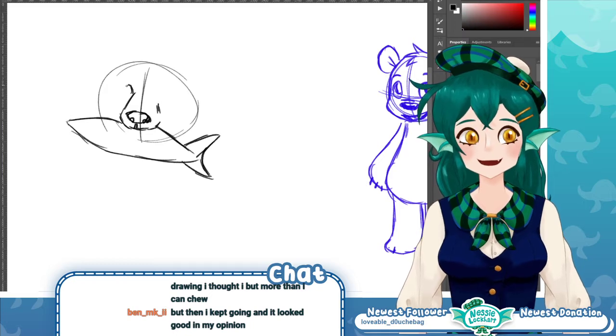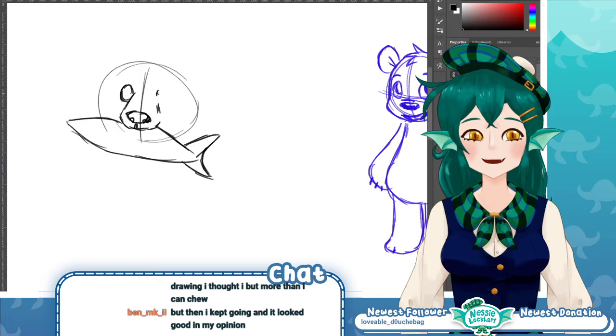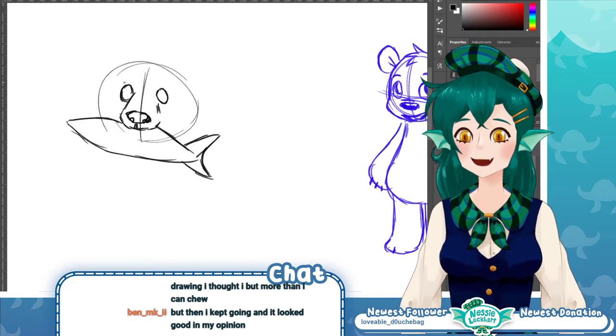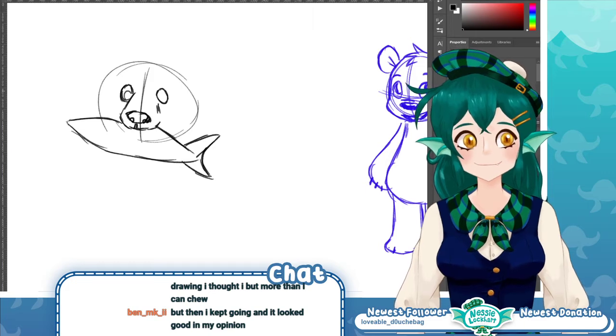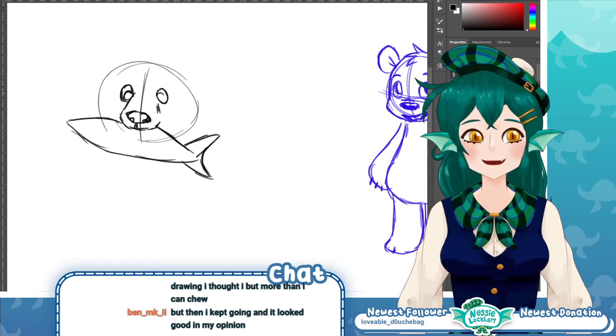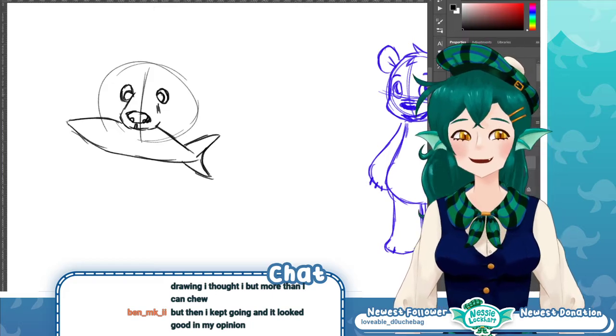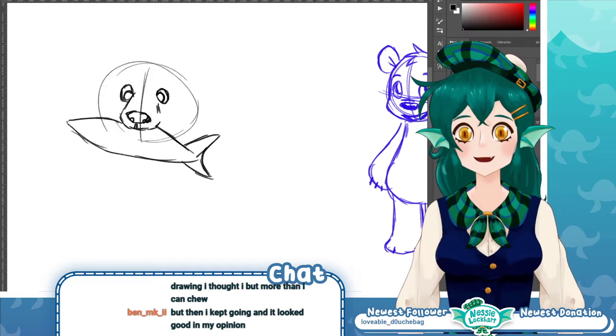A lot of the time, sometimes you gotta know when to maybe move on to a different piece, but sometimes if you just keep going, that'll be good. You can keep going and then it'll look way better.